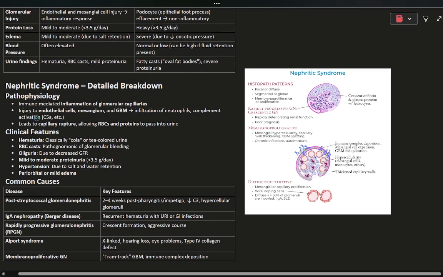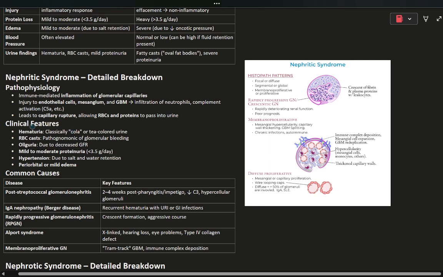As a result of this, there is going to be capillary rupture in the glomerulus, and this is going to allow the red blood cells and proteins to pass into the urine from the capillaries. And so, some clinical features to note for nephritic syndrome include hematuria, and so, as a result of this, the urine is going